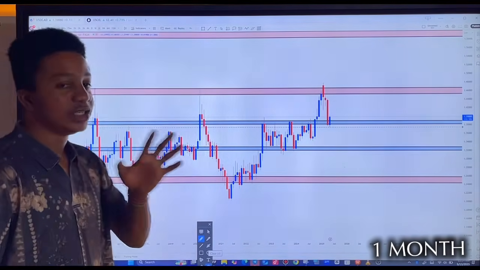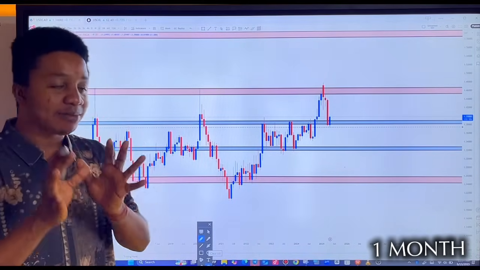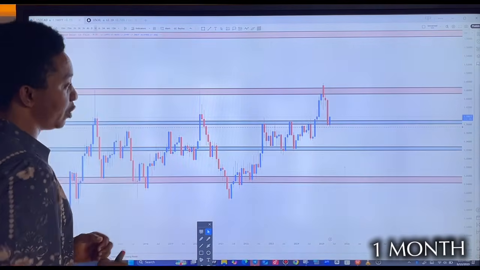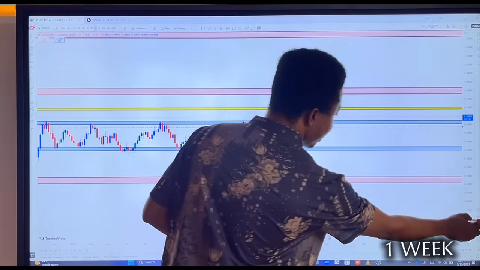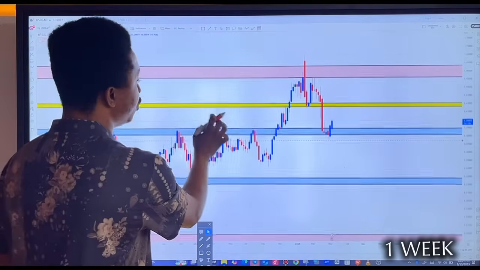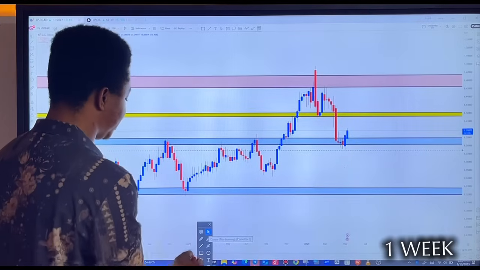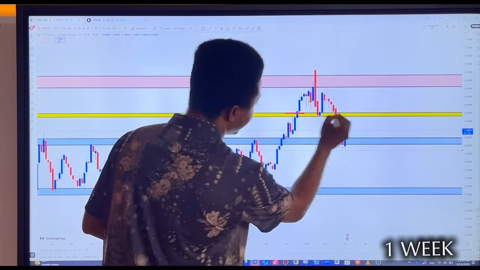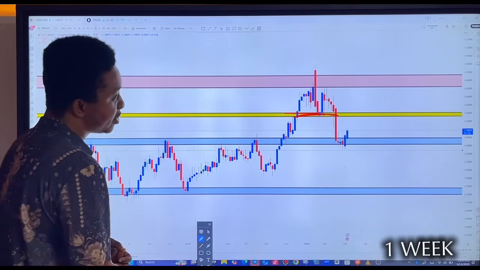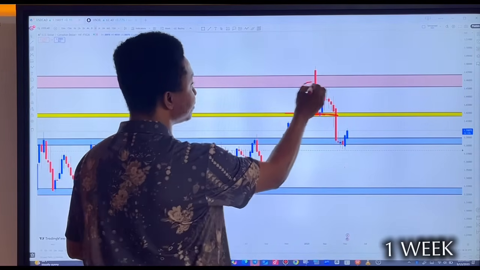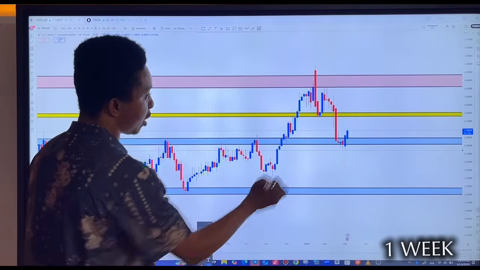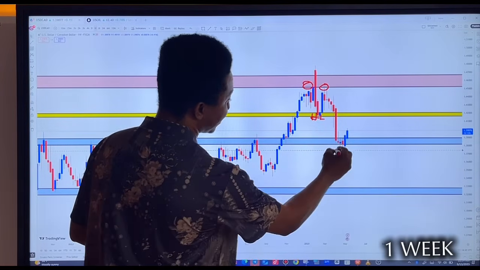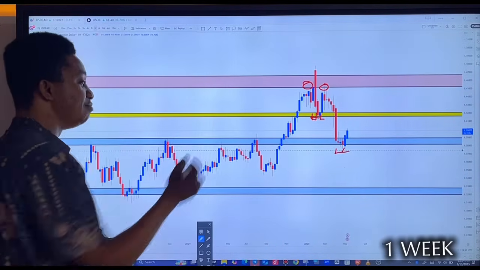Okay, let's go to the weekly time frame and add more meaning to what we are trying to portray over here. So USD CAD, let's take it to the weekly time frame. Alright, so this is the weekly time frame of USD CAD. Now the weekly makes a lot of sense. Why does the weekly make a lot of sense? Let's explain. We have the weekly mid-range zone over here. Price created a double top on the weekly. Nice double top, it broke below the higher low, and has not given us a lower low on the monthly